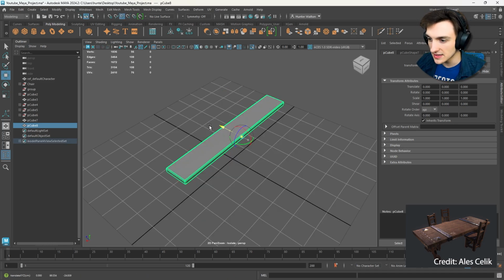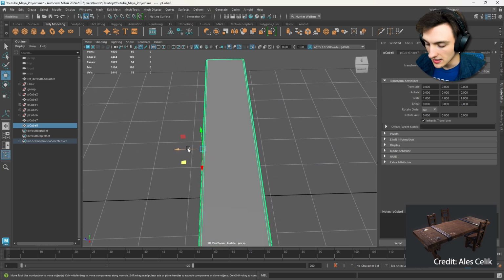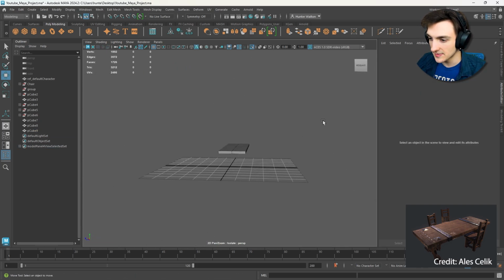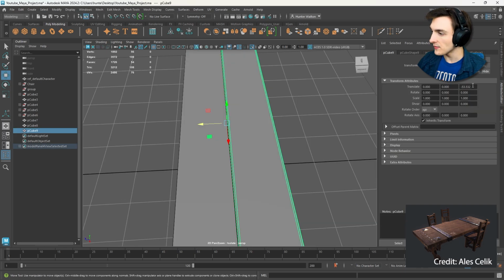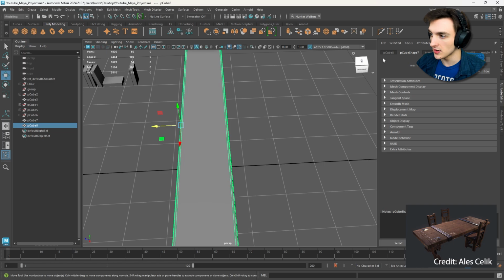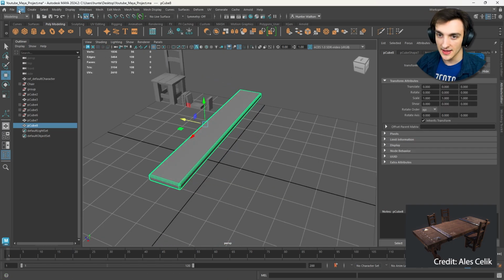I'm just going to go ahead and set the pivot to one of these edges here, and then Control D, vertex mode, slide it over, and that's about where we'll want our next board. So now we can see that that is exactly 53.532 over on the Z axis. So we can copy that number, then delete this board and go back to our board that's at 0, 0, 0, click Edit,